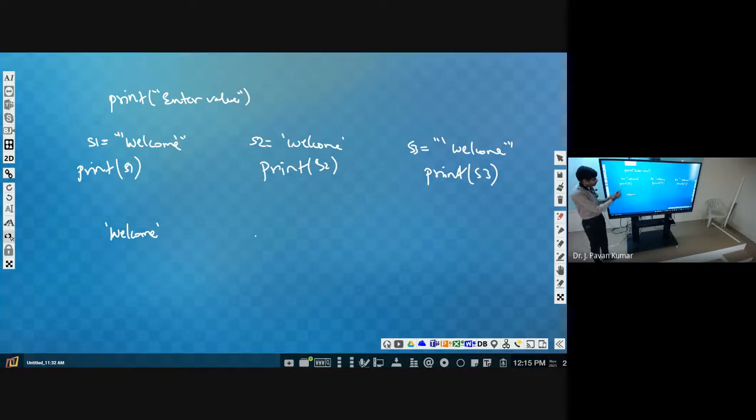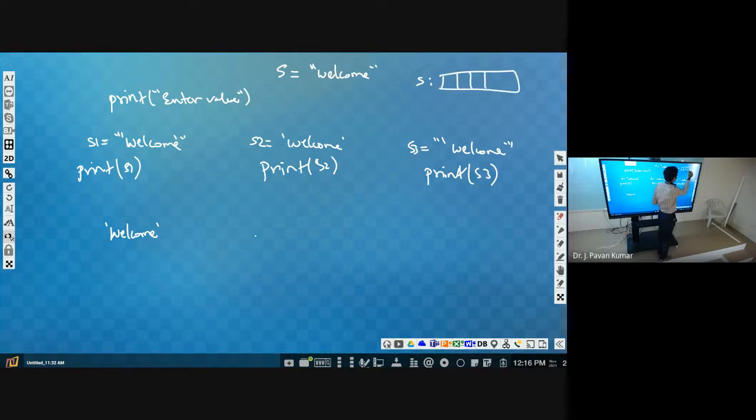So it is a simple thing, we have welcome. Then how this will be stored internally is, let us consider this is s. s will be created like this. It will be divided into several cells. In each cell one character will be stored.